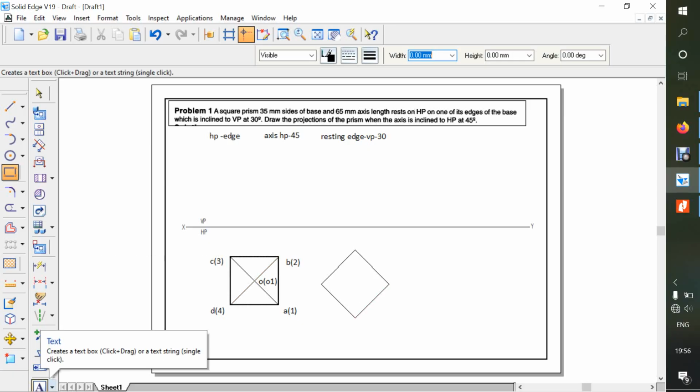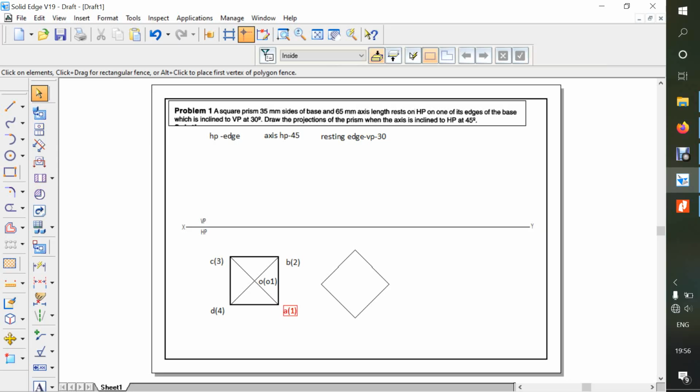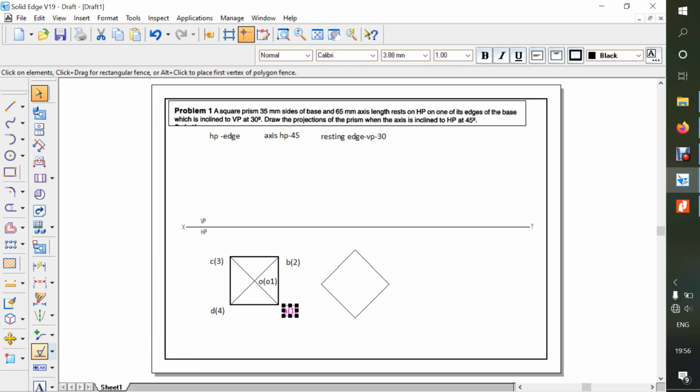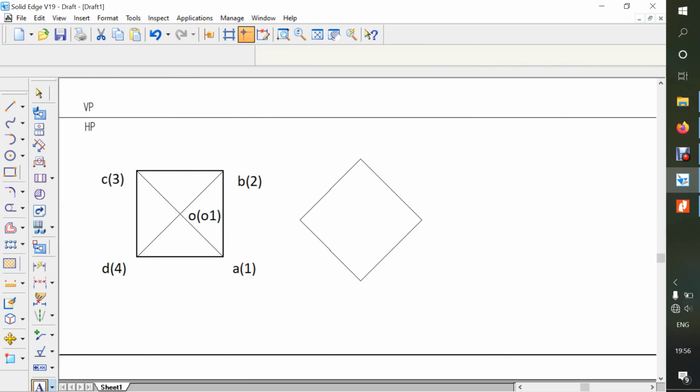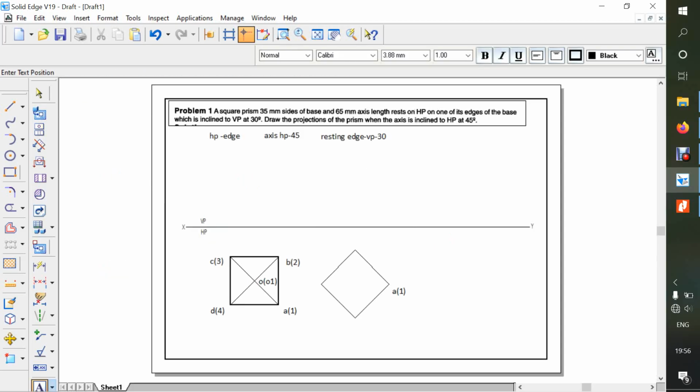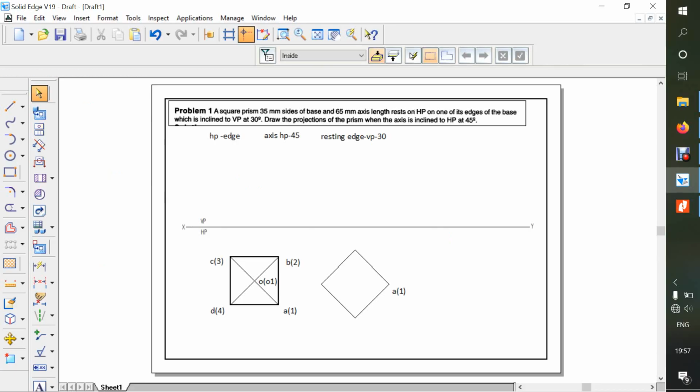Here also, in order to do the naming, you can just take a text. For the time being I will copy this one, so you can zoom this area and start the naming from here. So this is A in the bracket 1, B in the bracket 2, C in the bracket 3, and D in the bracket 4. So this is for the resting corner.